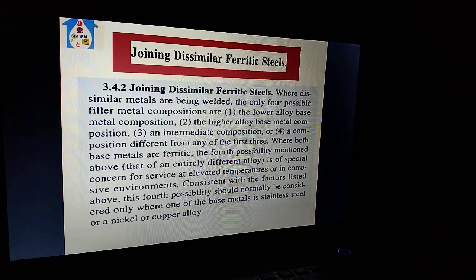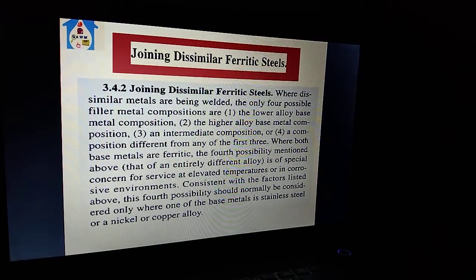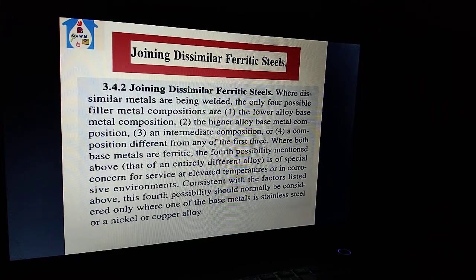Joining dissimilar ferritic steels. Where dissimilar metals are being welded, there are only 4 possible filler metal compositions: number 1, the lower alloy base metal composition; number 2, the higher alloy base metal composition; number 3, an intermediate composition; or number 4, a composition different from any of the first 3, where both base metals are ferritic. The fourth possibility